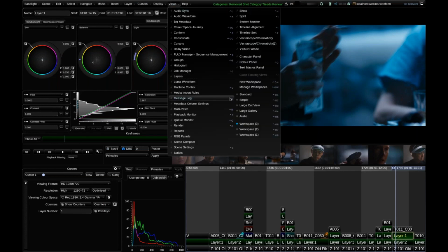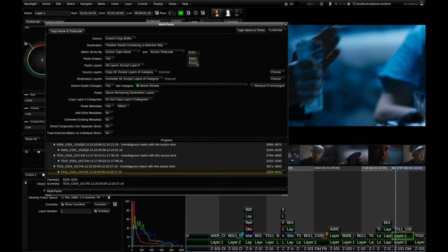Another nice option in the multi-paste is you can do a fuzzy match, which just means that if the file name doesn't match exactly, it will still be able to match the new version. So say we did have V01, V04, stuff like that in our tape name. So the original cut had version 1 of the VFX shot and the new cut had version 4 of the VFX shot. If I do an exact match to the tape name, it won't match the color grade because the tape name is different. If I do a fuzzy match, it'll look for,